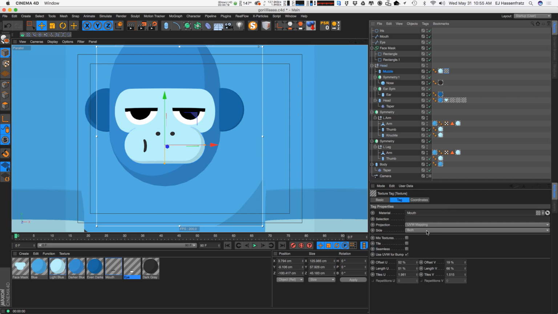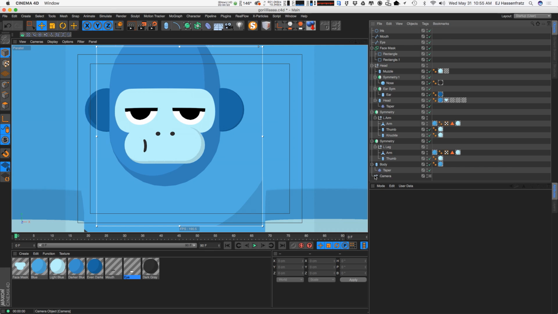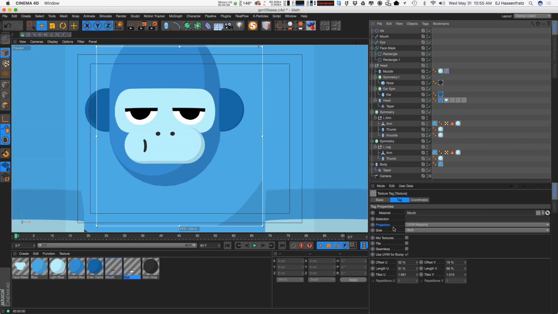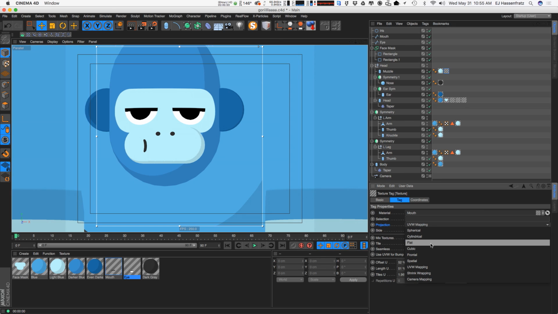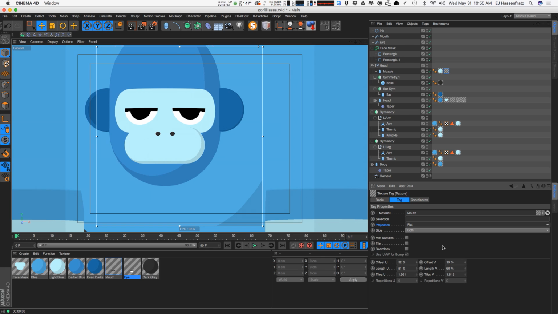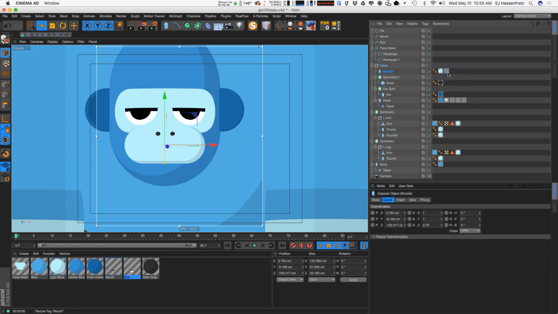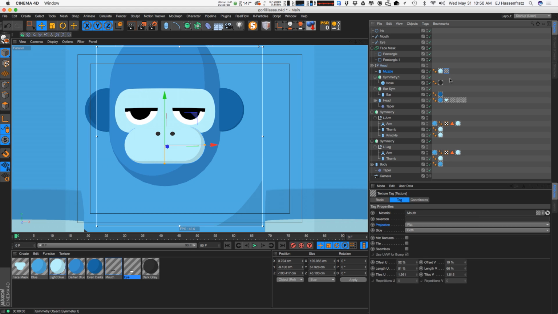And what we need to do is change this projection to something different. So right now he looks like he's kind of munching on something on the side of his cheek. He's chewing some gum or something. So instead of using the UVW mapping, we can change this to something like flat mapping. And then we can go ahead and see where this material is being mapped to by